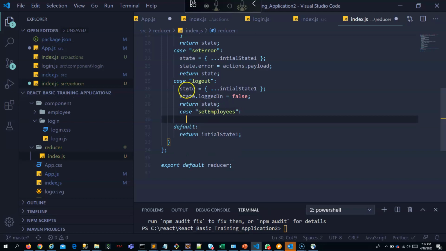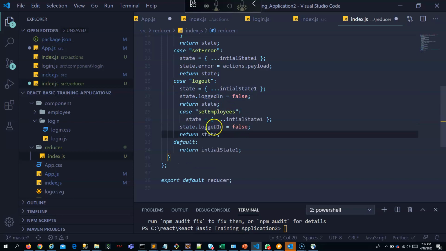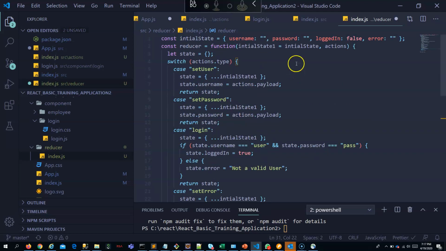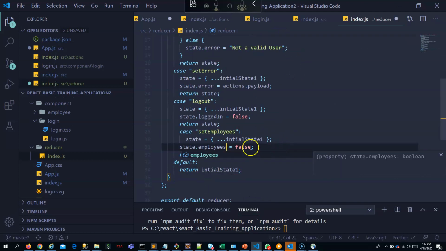So now I will copy paste the same here, and I have to change the employees. What I receive, now the employees also I need to add, and what I receive from the action.payload.